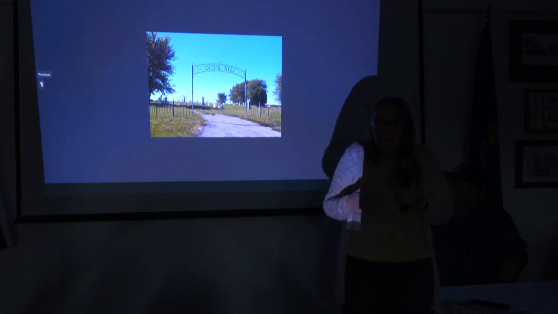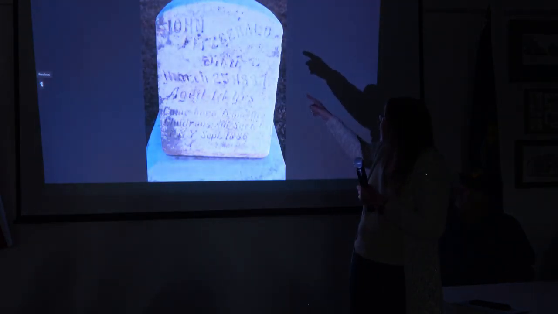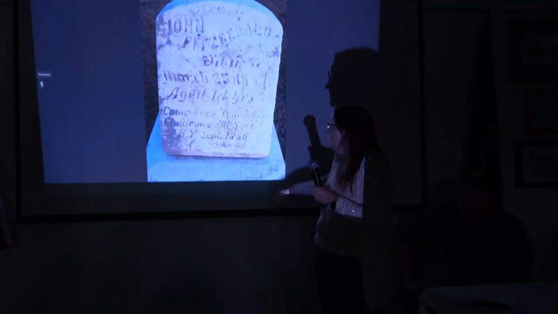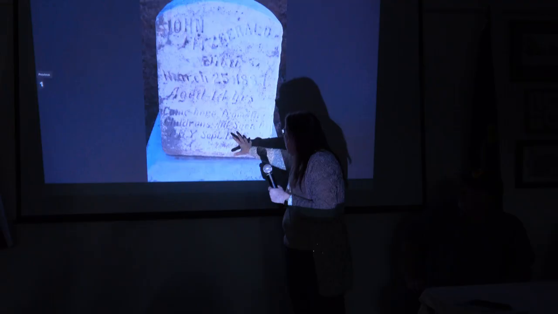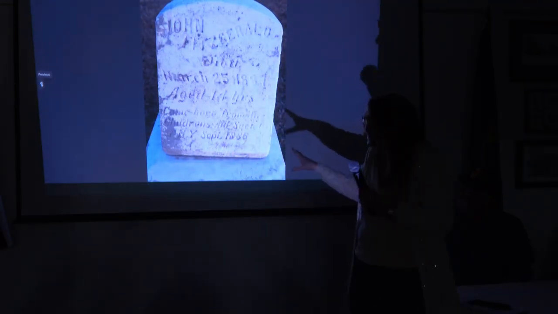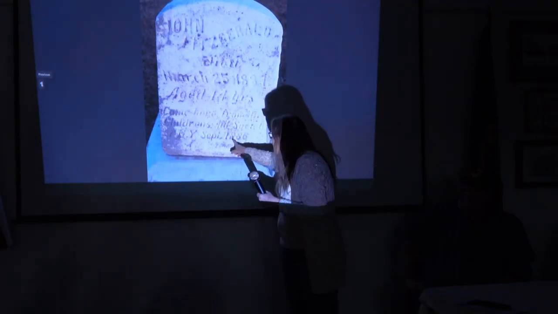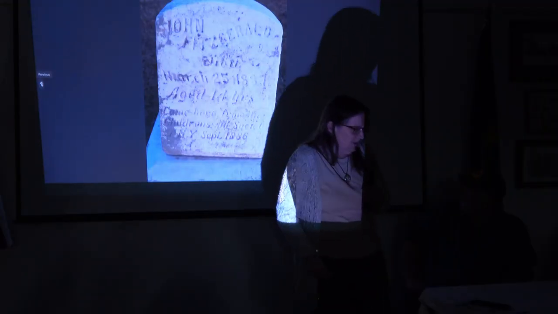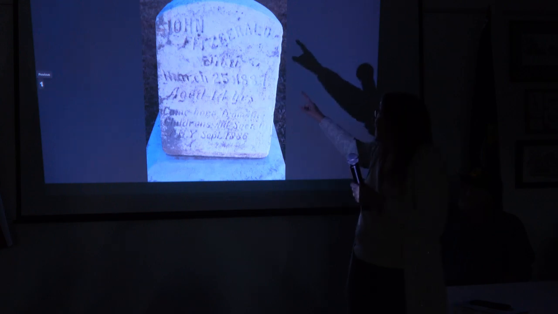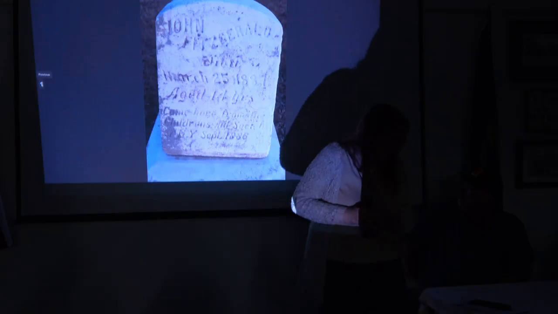So I take pictures of the tombstone. And I found this John Fitzgerald. He died March 25th of 1887. As you get down to this part, it was getting late afternoon. I couldn't really read it, but you can kind of make out something about children's in New York, and I thought, that's weird. So I went home, got on newspapers.com, typed in John Fitzgerald's name, and found out more about him.